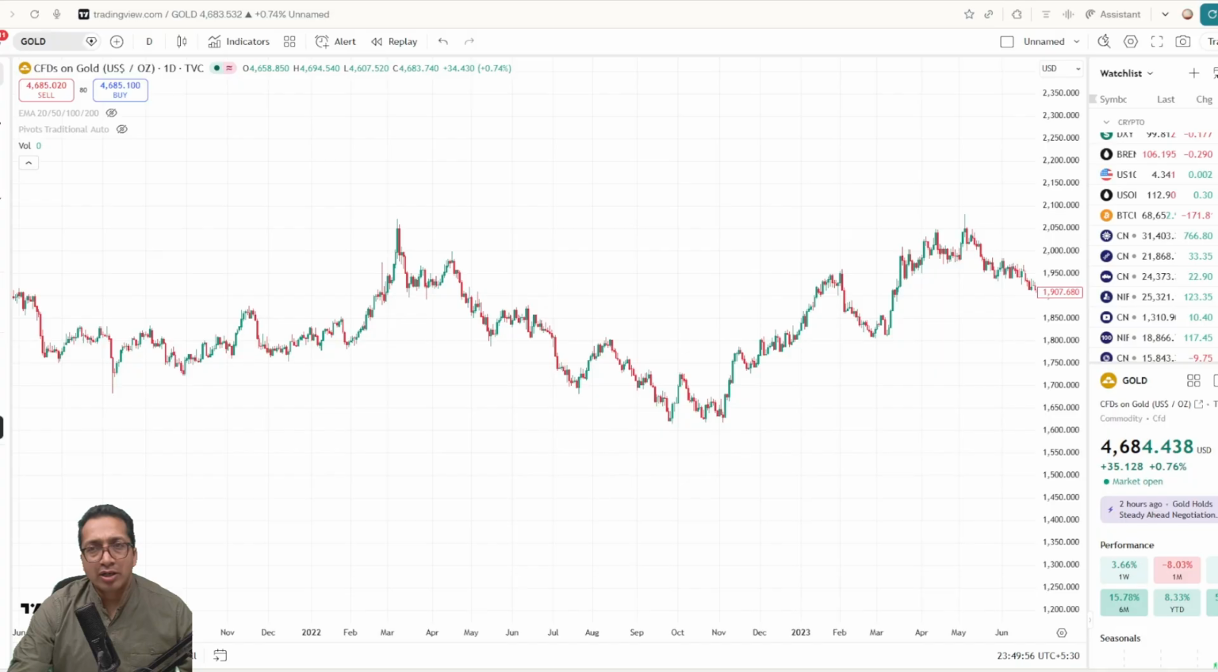So you have to be very careful once market reaches this head and shoulders pattern. Now there is a very important pattern which we should talk about, which is now the